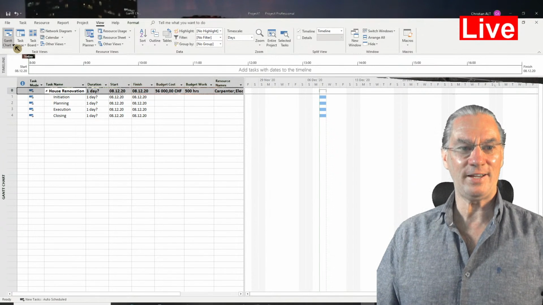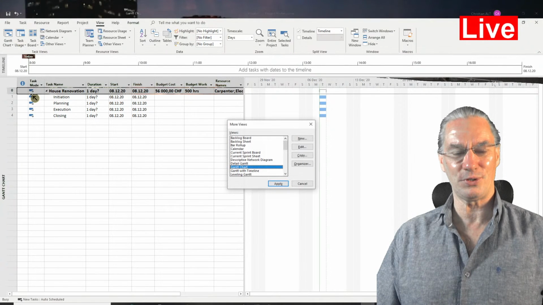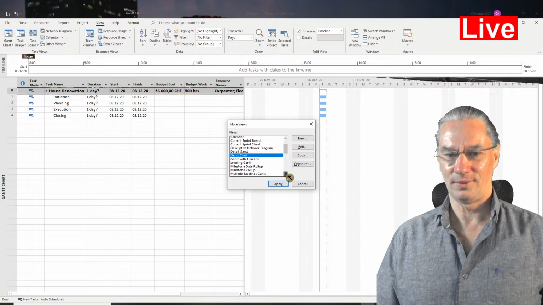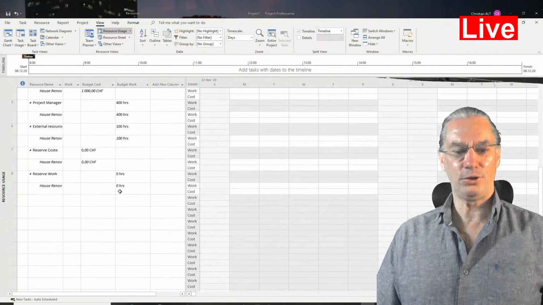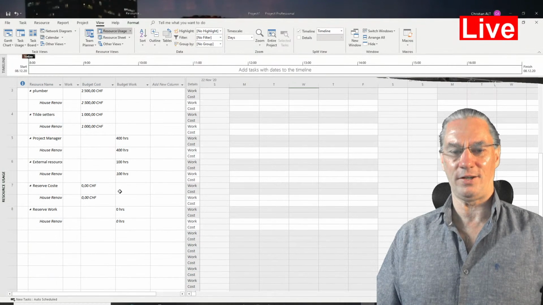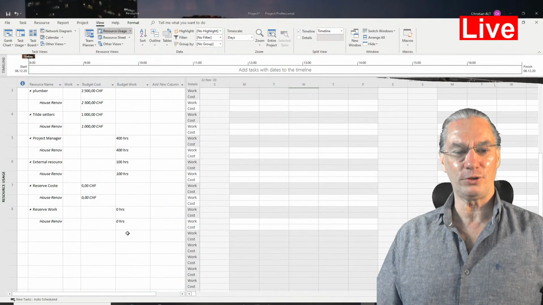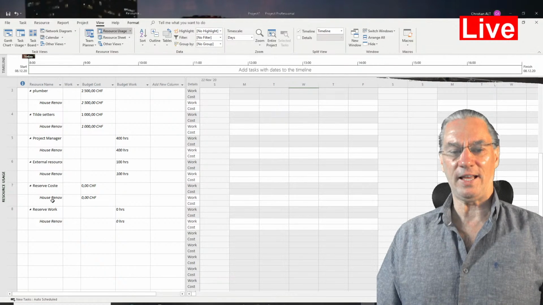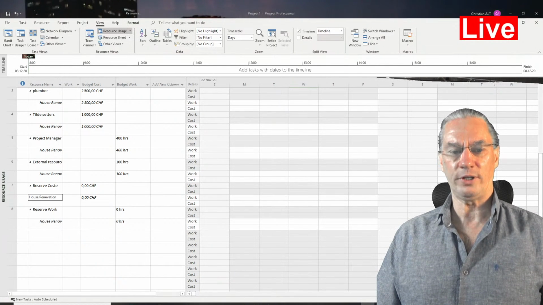So now I go to the resource usage, and you see that we have a change. And here we have the two resources that now have an assignation for the house renovation.